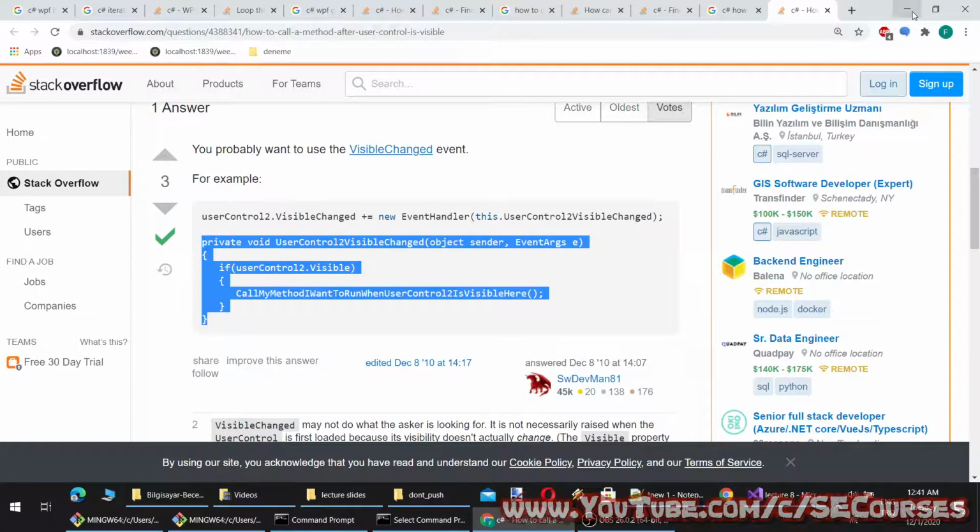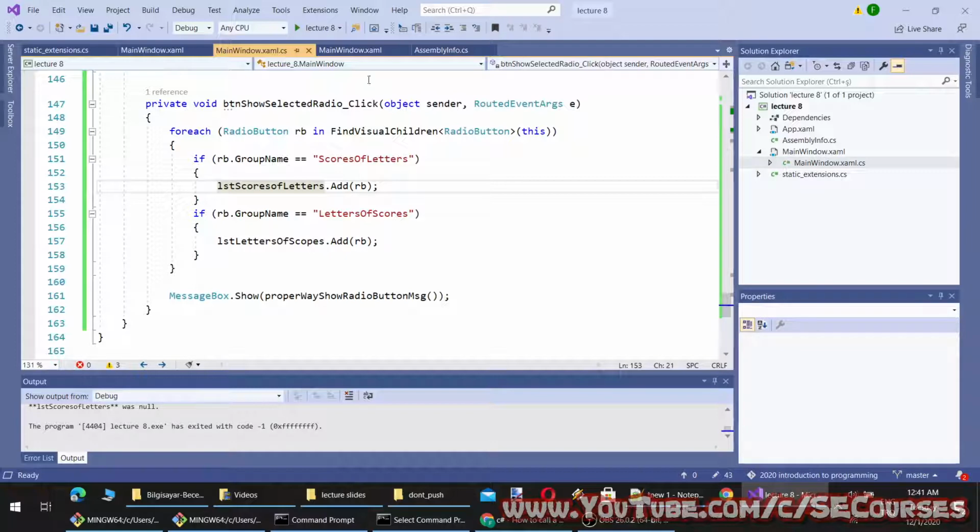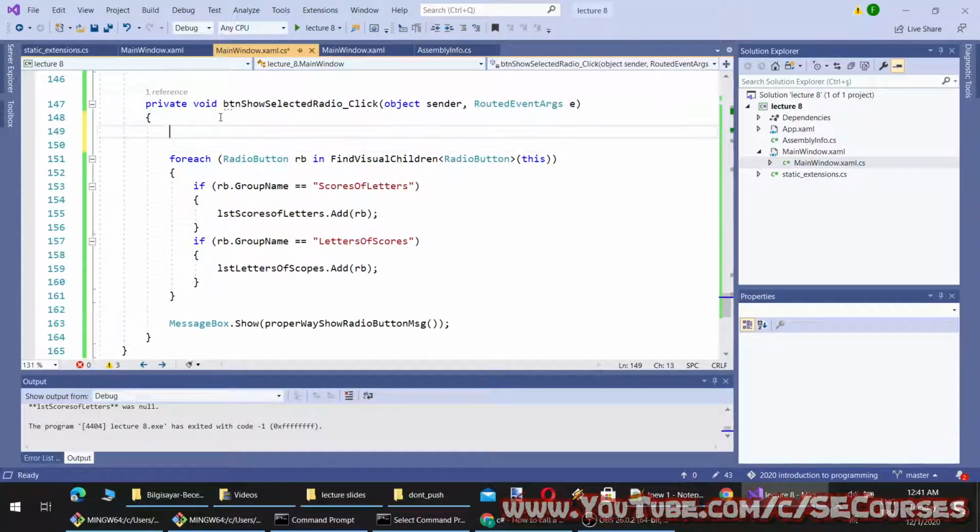Oh, this is a nice way. Yeah, but it is really complex for you. Therefore, I will make it like this. If score letter equal to null, okay.